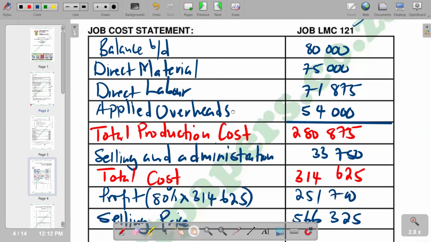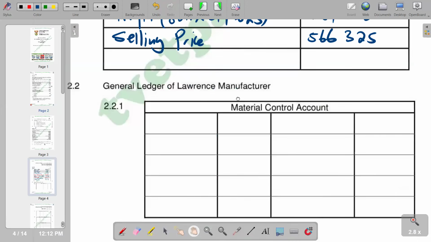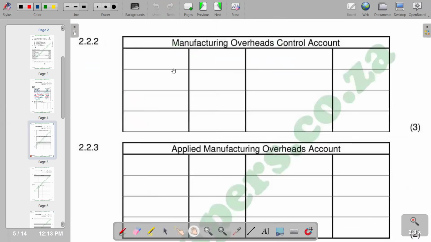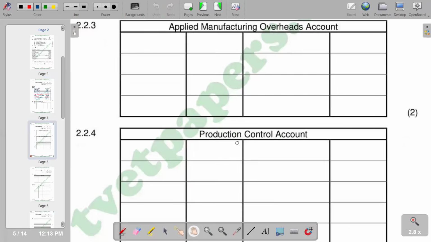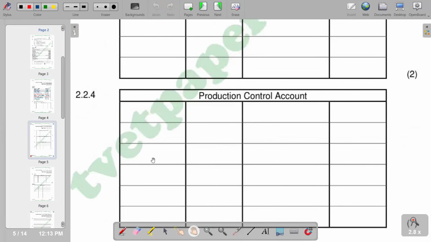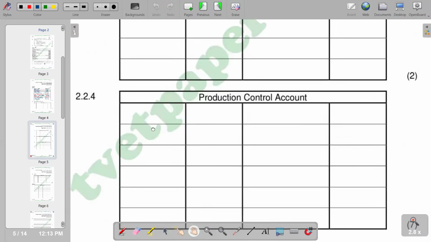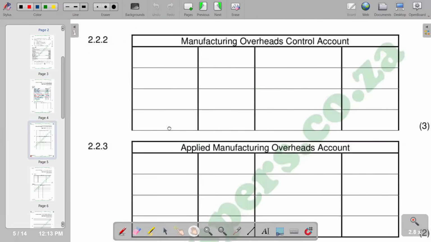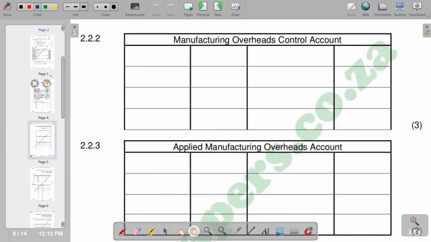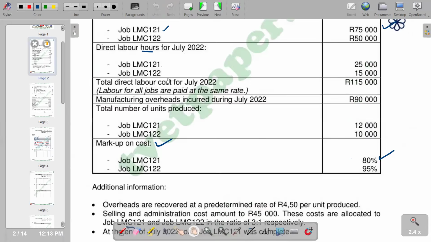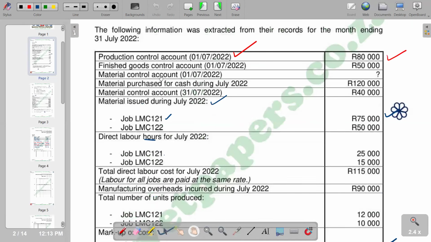So we go to the next part, whereby the next part requires us to prepare the material control. So basically, we've got the material control. We also have manufacturing overheads control, applied manufacturing overheads control, production control. So these are the accounts that we have. And finally, on 2.3, we have to move on to the next part. So we check now according to our opening balances. In the question, you're going to see that we have got balances that we have in the beginning,